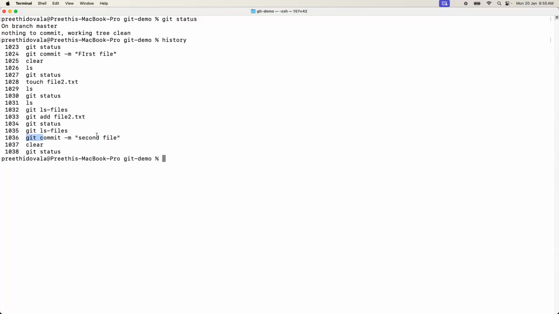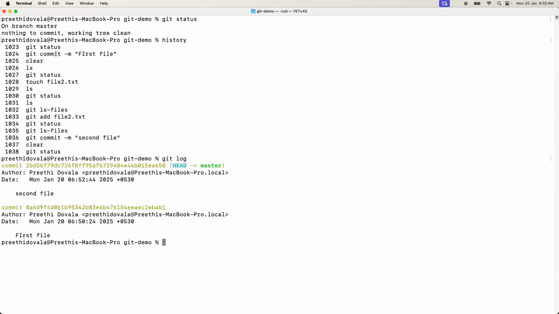Also, whenever you run the commit command, at the backend, a commit ID will be generated. You can see that with a command called git log. Like we discussed, it will provide you a detailed log. Git log will give you the history of the commits. And whenever you run this commit, a commit ID, a unique hash code, will be generated. You can see all of these details with git log. See, I ran the commit command twice. So you have those details, the commit ID, the author who made the changes, and the timestamp and